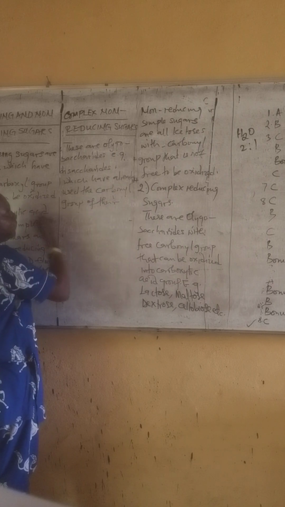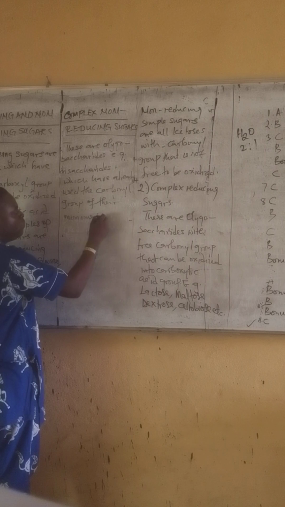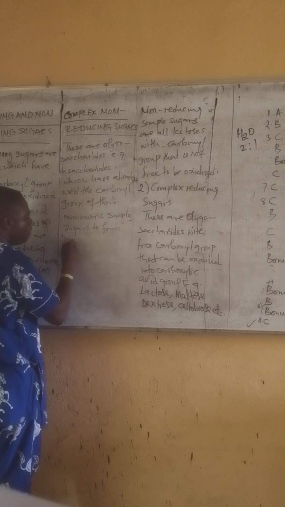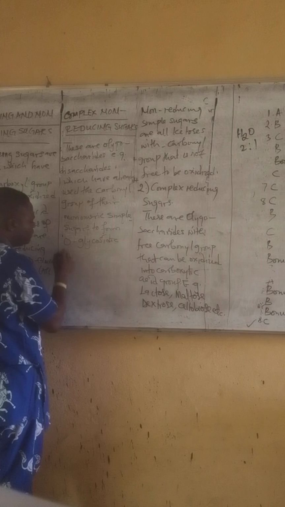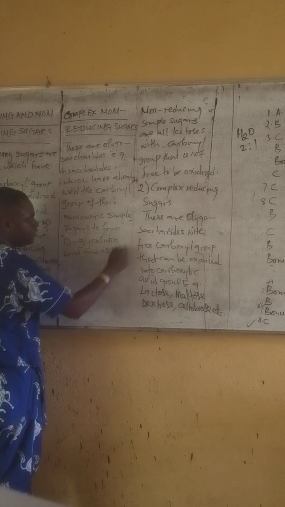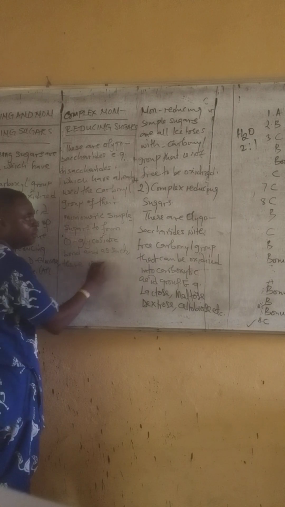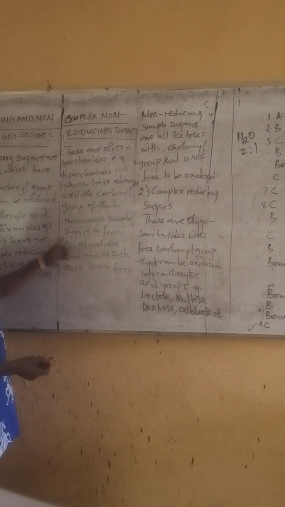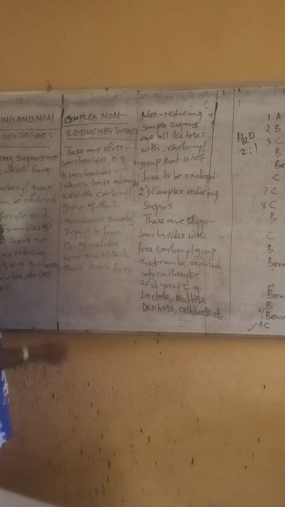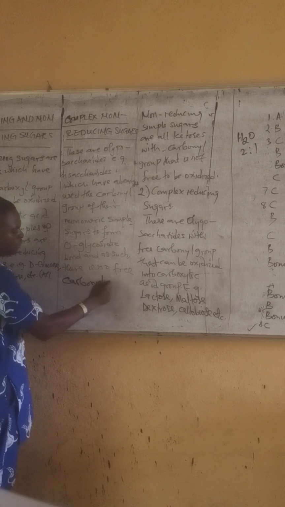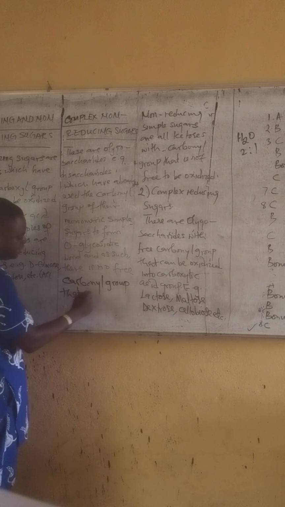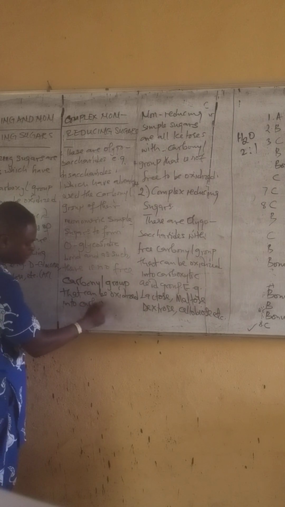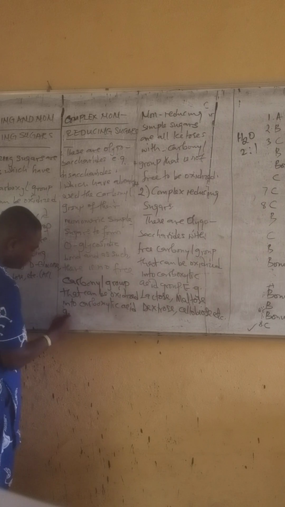They are monomeric simple sugars that form an O-glycosidic bond, and as such there is no free carbonyl group. So now they have used their carbonyl group to form the O-glycosidic bond, and because of that there is no free carbonyl group that can be oxidized into a carboxylic acid group. Let's look at examples